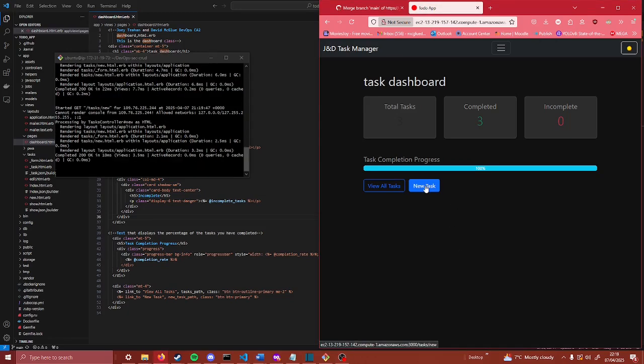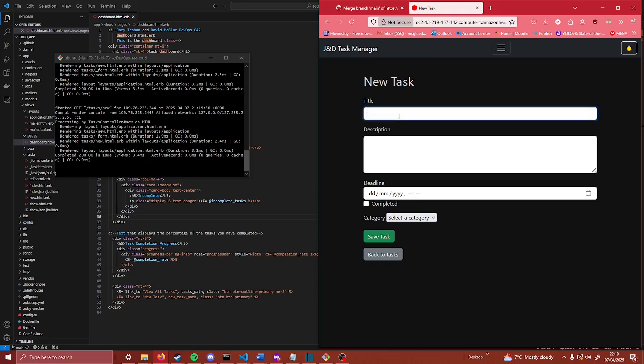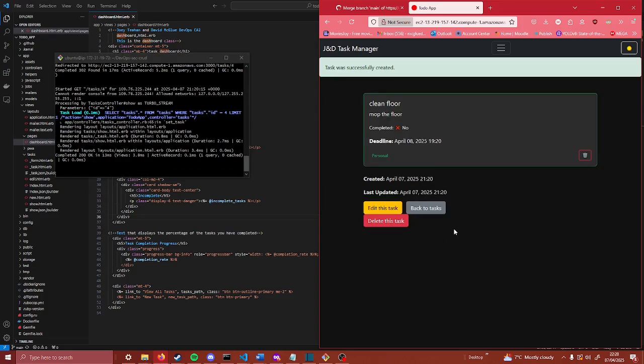And here I'll also demonstrate the functionality of the task manager. So you can go in here, make a new task, say clean floor, set a date of the 8th of the 4th, 2025, 20 past 7. It is not completed, and I will set it as personal, save the task, and as you can see here, it comes up here that it is not completed, where the deadline is, what type of task it is,